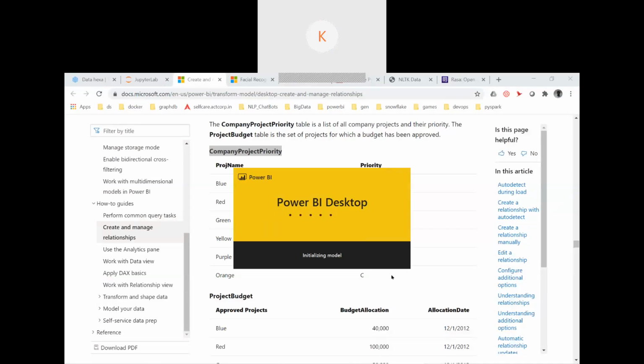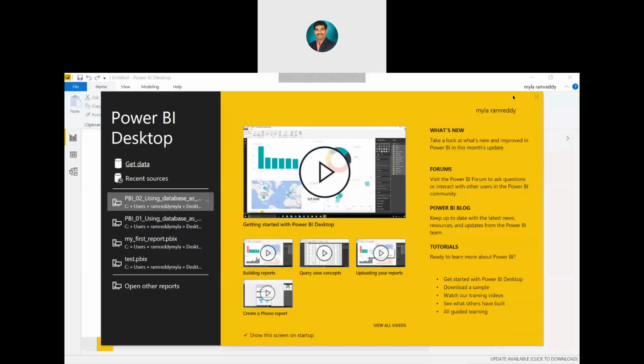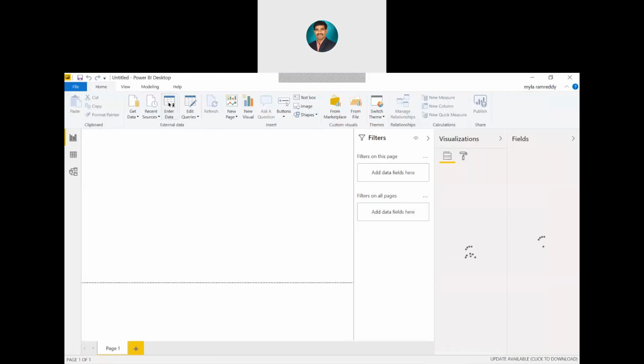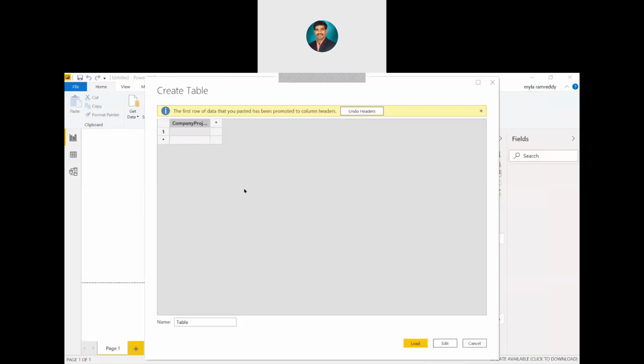Then this Excel, we need to copy properly. Looks like there are nulls in the Excel. Anyhow, we now know what entering the data here means. We are trying to create a query.